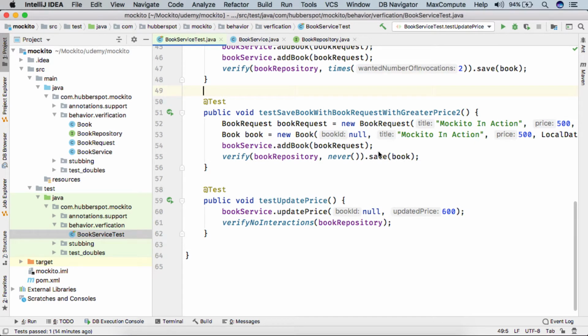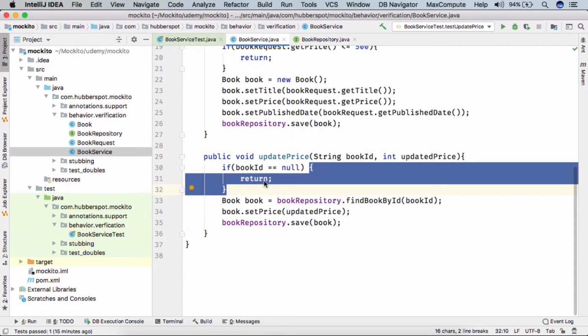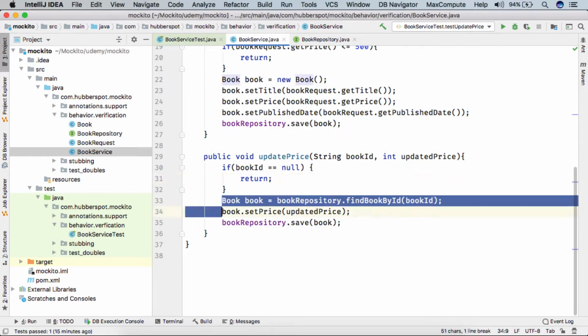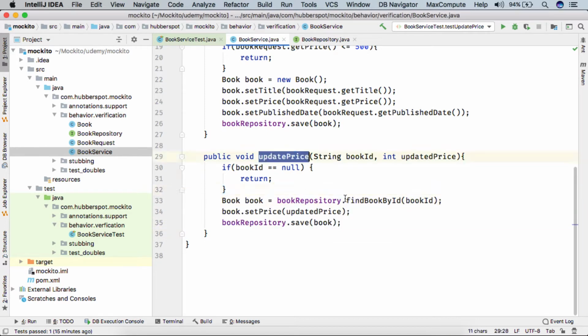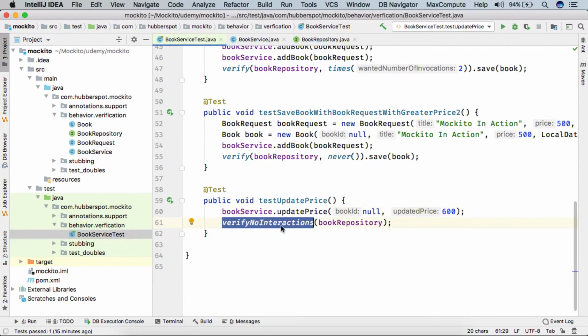Hello everyone. So friends, in our previous lecture we discussed the verifyNoInteractions method. It simply verified that no interactions are made on the mock object. As this method had these two interactions with the mock object, and as we returned from this method, using the verifyNoInteractions method simply verified that no interactions were actually made on this mock object.